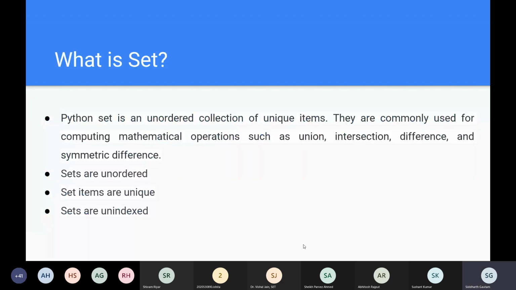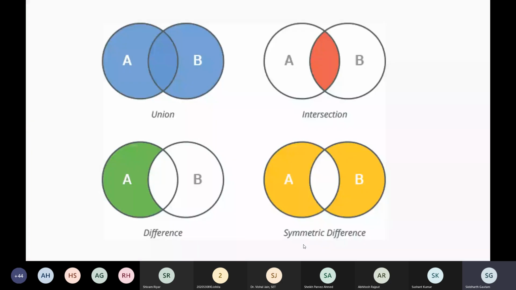Okay, so a set, as you already know, is a collection of elements, and those elements can be of any data type. But the difference is that a set can only contain unique elements. Like any element inside a set cannot repeat itself. That's how a set works. It's the same thing as a mathematical set, like the set you study in maths and the set you will study in Python. The theory and the concepts are the same. And which is why, since the theory is the same, the set operations are also the same.